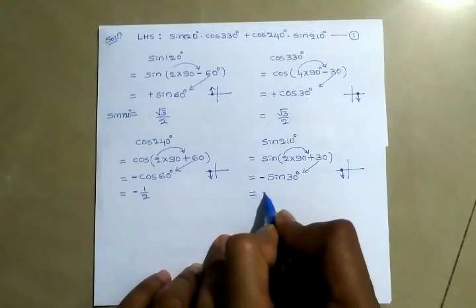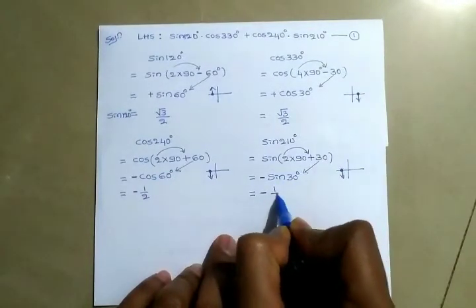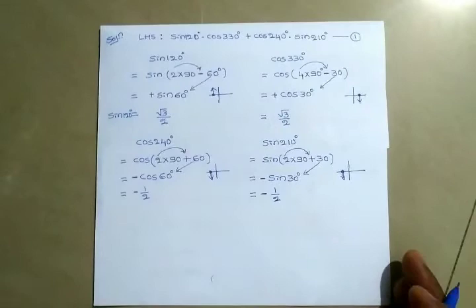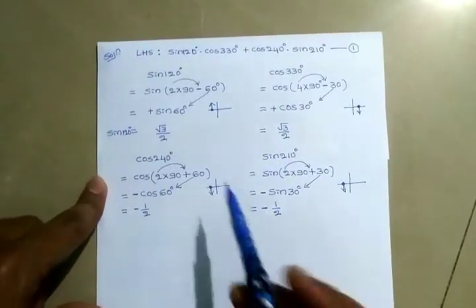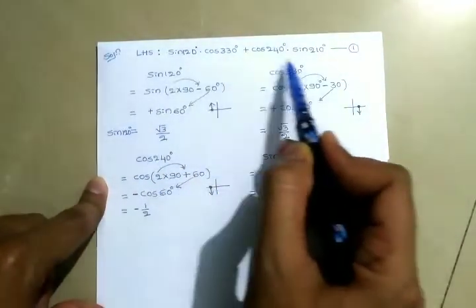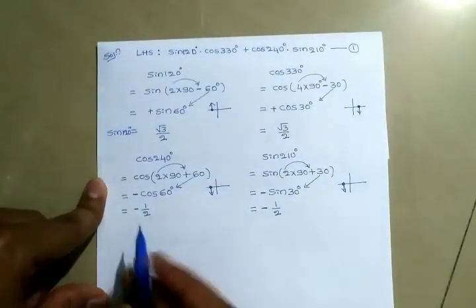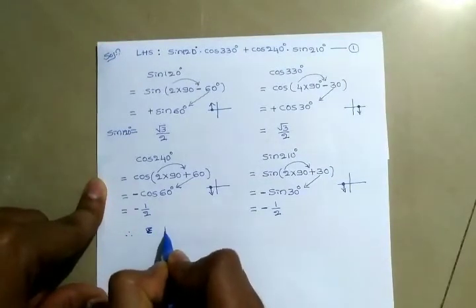Again, see the trigonometric table. Sine 30 degree is how much here? 1 divided by 2. So now you got all 4 values, correct? Next step, what you need to do is all 4 values you need to substitute in equation number 1. Therefore 1 becomes,